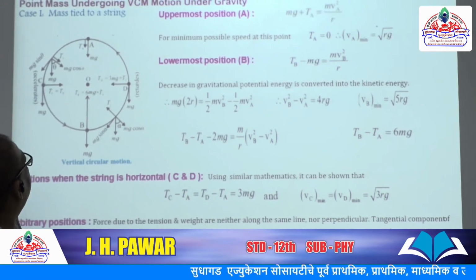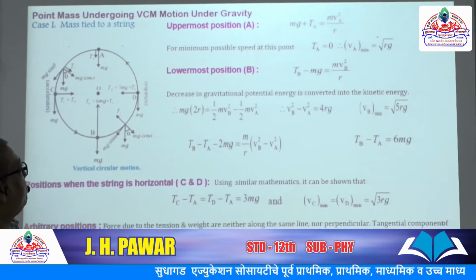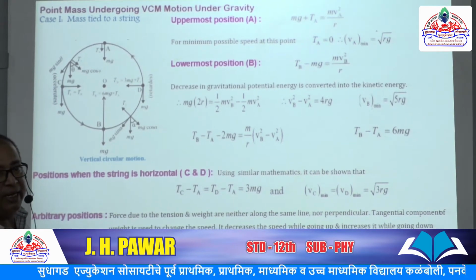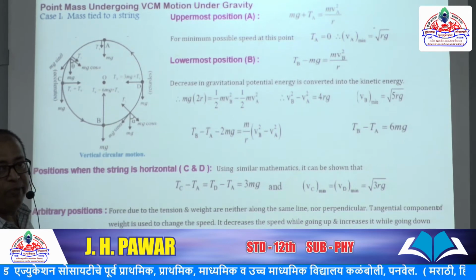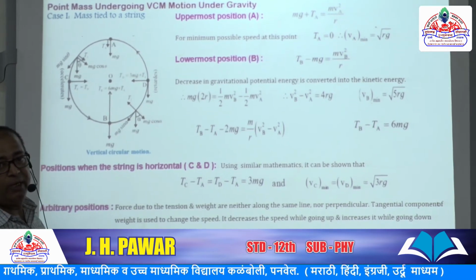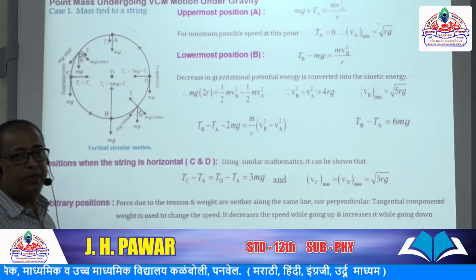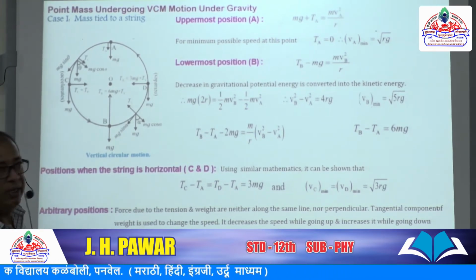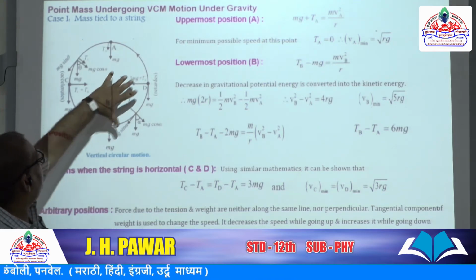Now look at the thing in this figure. Here we consider again vertical circular motion. We consider a bob, a dense sphere of metal connected to a light, inextensible and flexible string, and revolved in a vertical circle. Different aspects are shown in this figure.